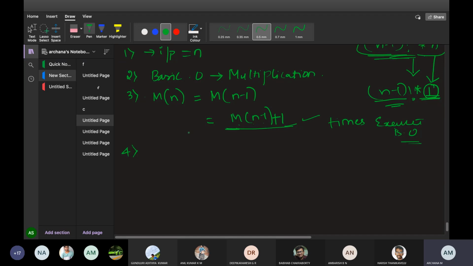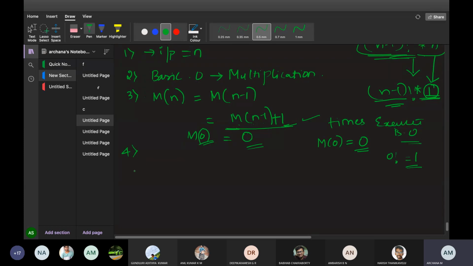And this is very important. After formulating, you should always state one basic or stopping condition. This is very important when you formulate a function. When you have n minus 1, m of 0 should stop at 0. Why am I taking 0 here? Look here, if I add 0 plus 1, I will get 1. That is, 0 factorial is equal to 1. Somewhere I should stop. Most of the cases we will take m of 0 or m of 1, and we will stop where you get 1. This is the basic formula.